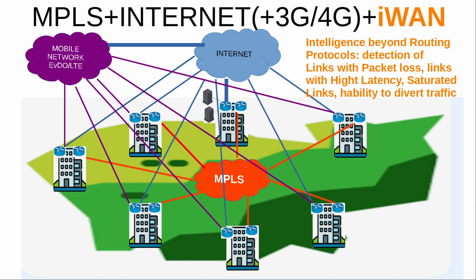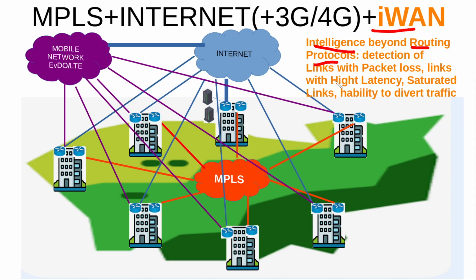Later on, Cisco came up with IWAN. With IWAN, you will have intelligence applied to your wide area network because you can only go so far with routing protocols. Routing protocols take action when adjacencies between your routers go down, mainly because a link went down. But what if you want to take action if a link is still up, but it is showing packet losses or high latency, or has started to become saturated?